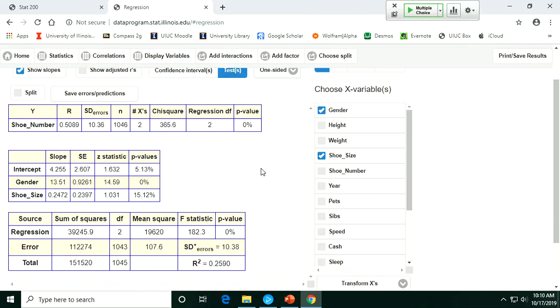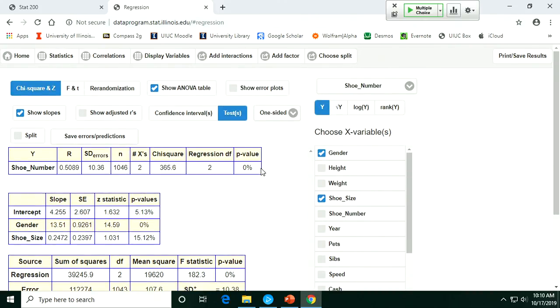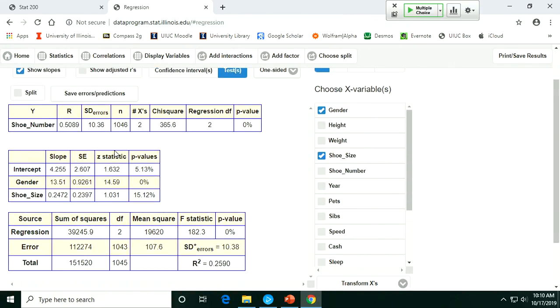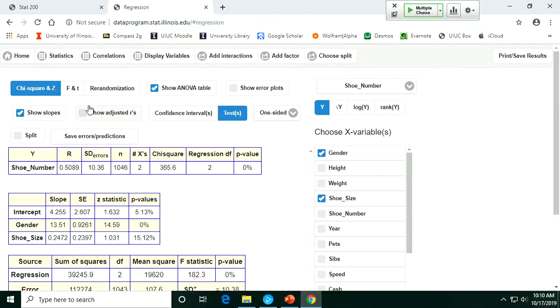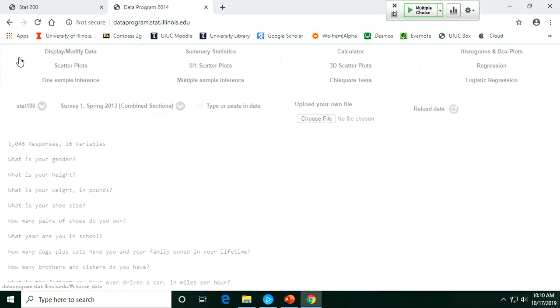All right. Now, don't get confused by this. These Z statistics we're going to use for individual slopes, right? But for the overall model, to see if there's anything in the model, we do an F stat or a chi-squared. Now let's go to what it would look like. So let's go to,